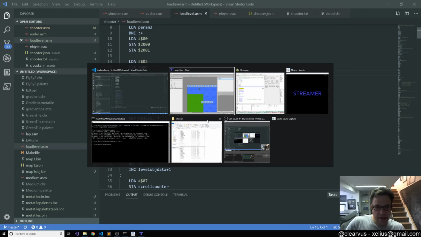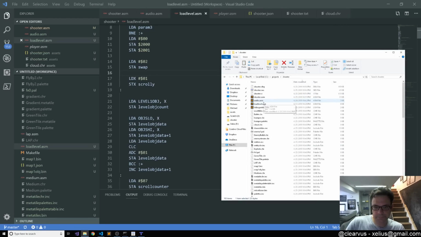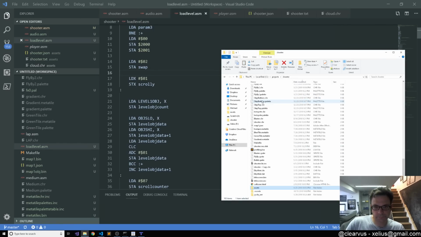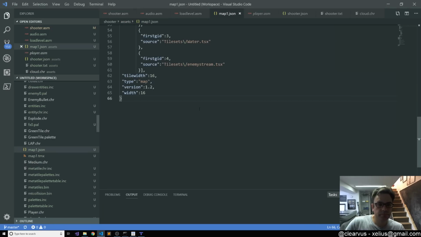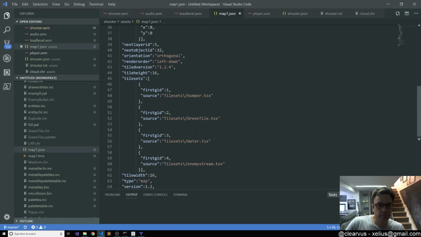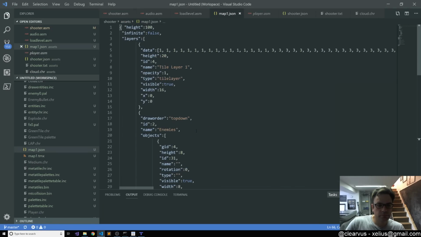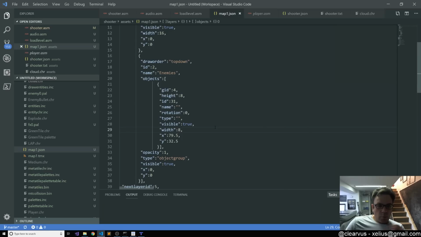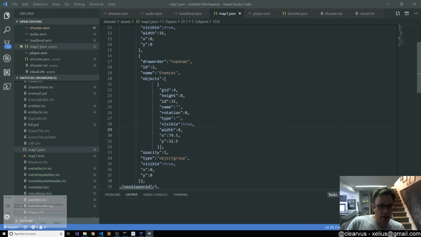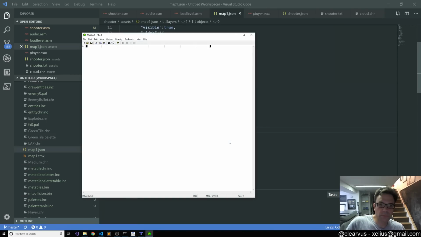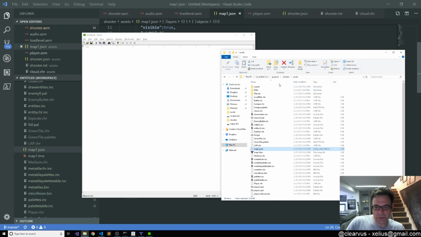Let's take a look at the exported map 1. So there's just this one enemy object, which is fine, because that's what it should be. Let's take a look at the exported